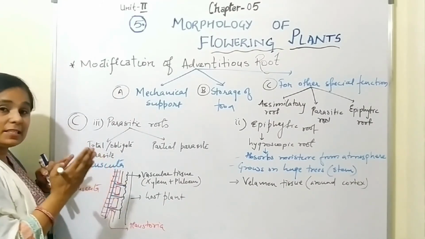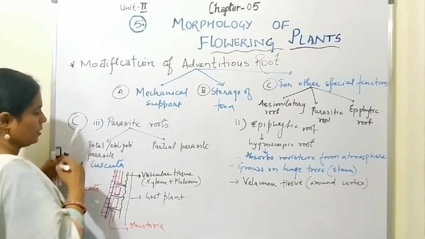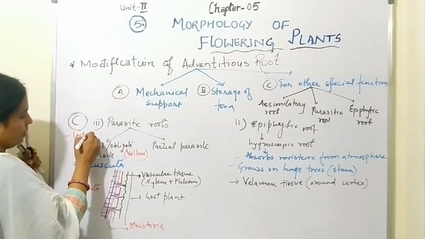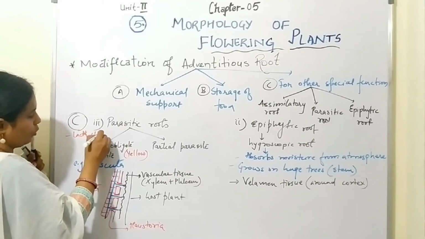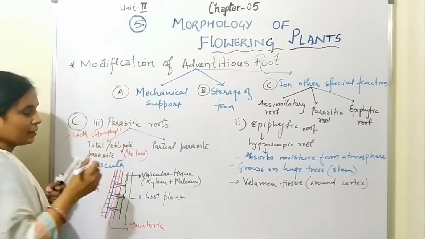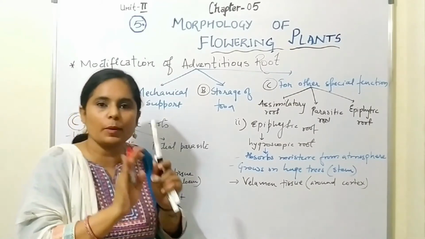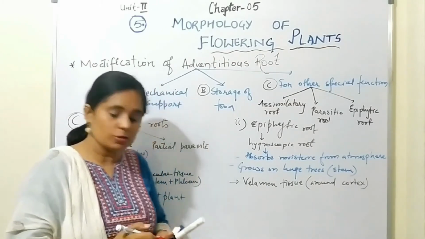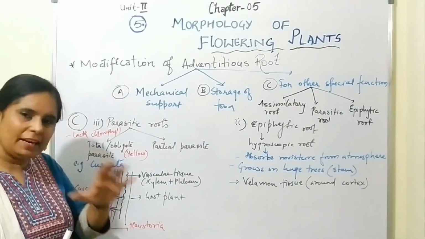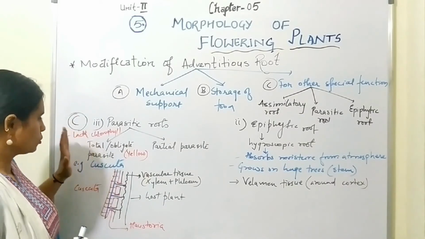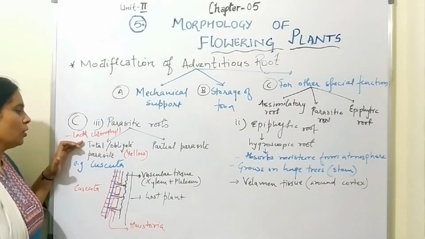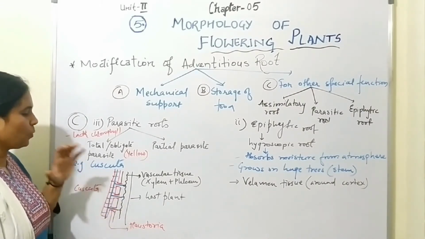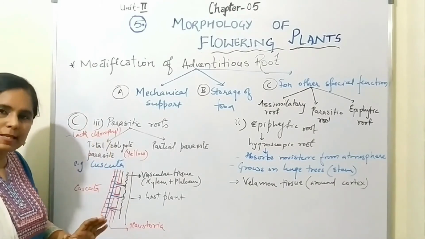As it is yellow in color, they lack chlorophyll. So they are not able to prepare their own food, even if sunlight is there, CO2 is there, water is there. In that case they have to withdraw complete food and water from the host plant. Such kind of plants are called total parasite. This haustoria is developing from the roots, that is why this kind of root is known as parasitic root.